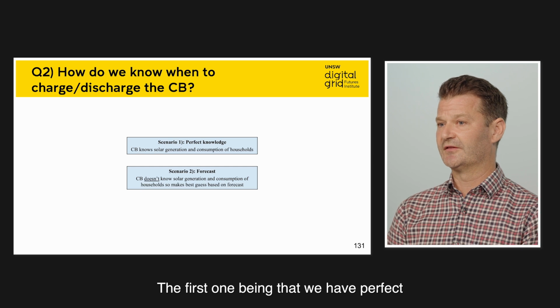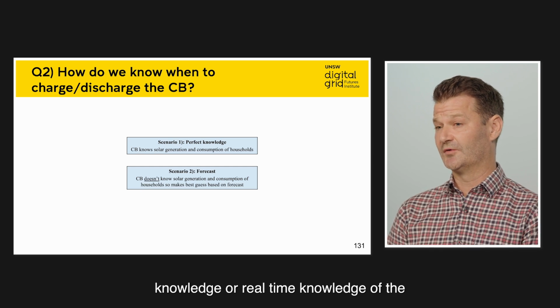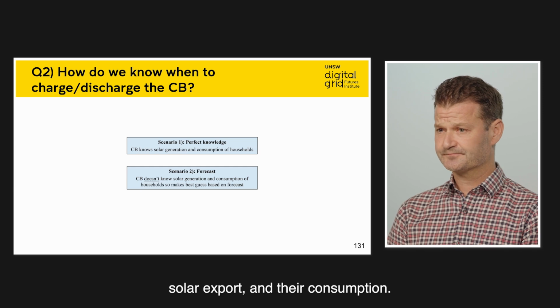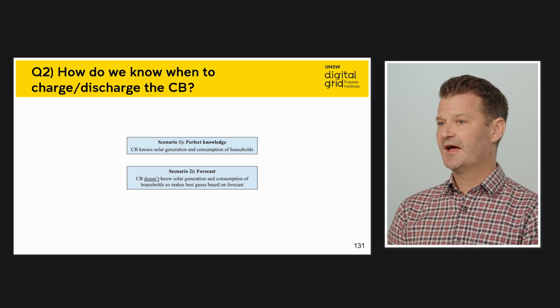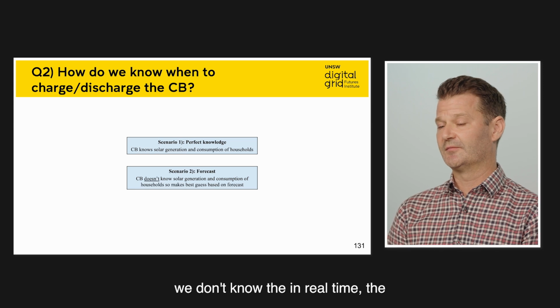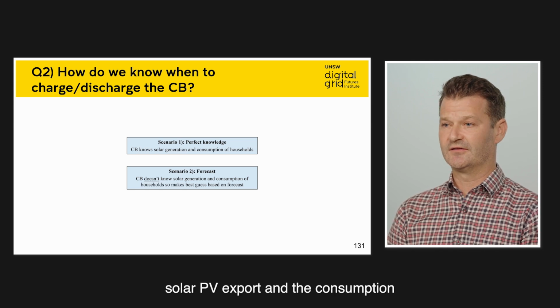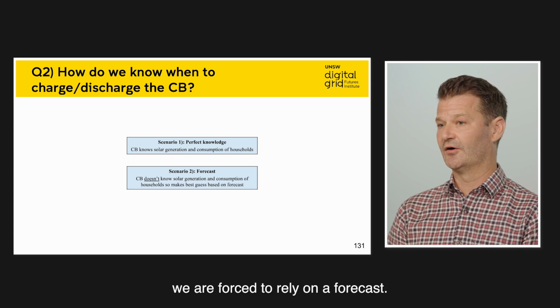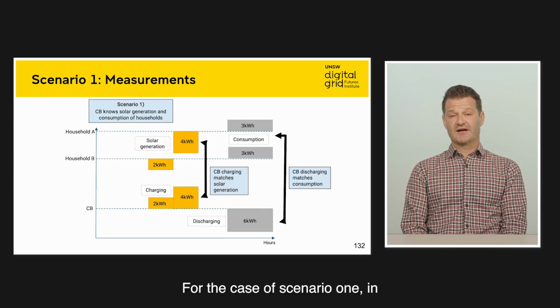The first is that we have perfect, real-time knowledge of the solar export coming from the households, and their consumption. The second scenario is where we don't know the solar PV export and the consumption of the households in real time, and we are forced to rely on a forecast. For the case of scenario 1,